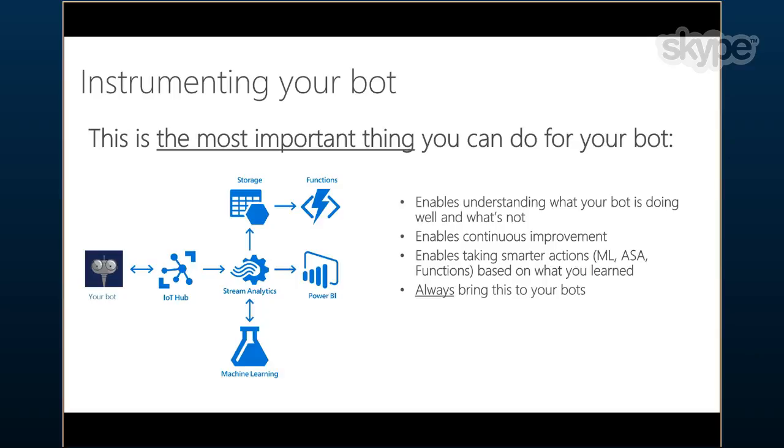So each API is different. If you go to the Microsoft.com/cognitive services page and click on each API, you'll see what, if any, charging model exists around those APIs. For example, LUIS doesn't have a charging model, but some of the other APIs do.